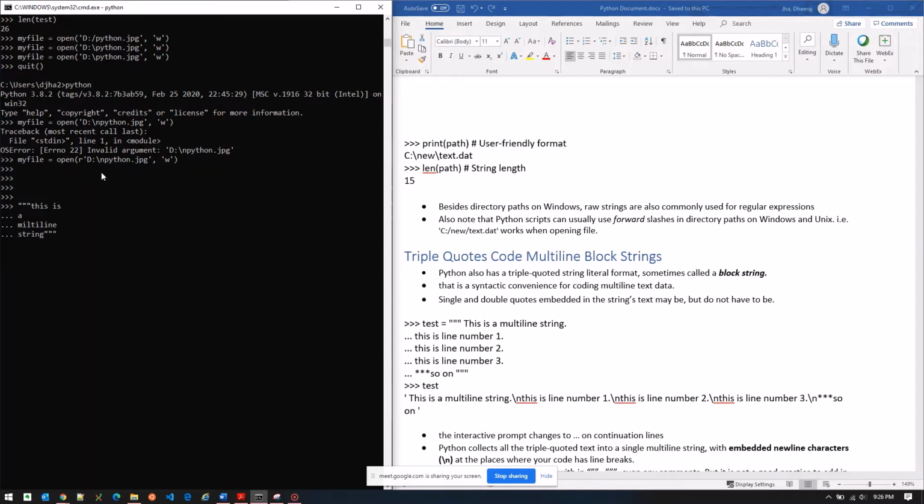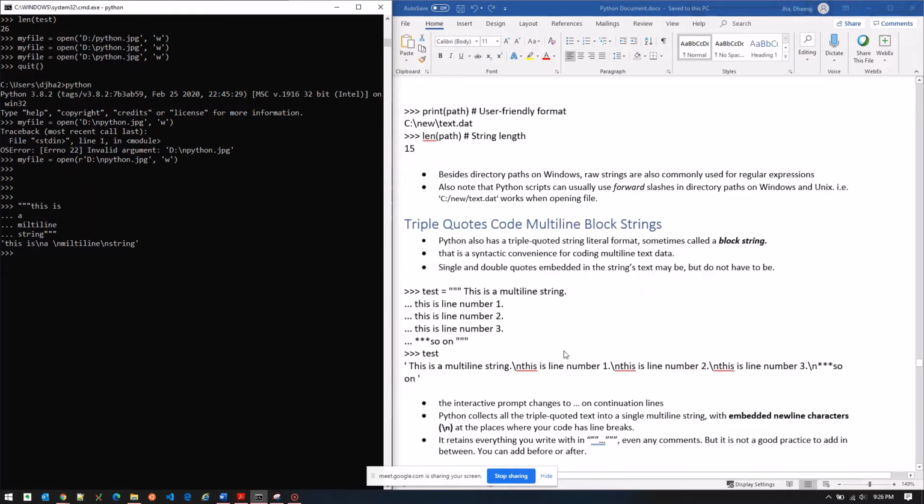Until it gets the closing triple quote, it will keep working, which means you can add any string till then. Okay, got it. So you can use this triple quote for multi-line